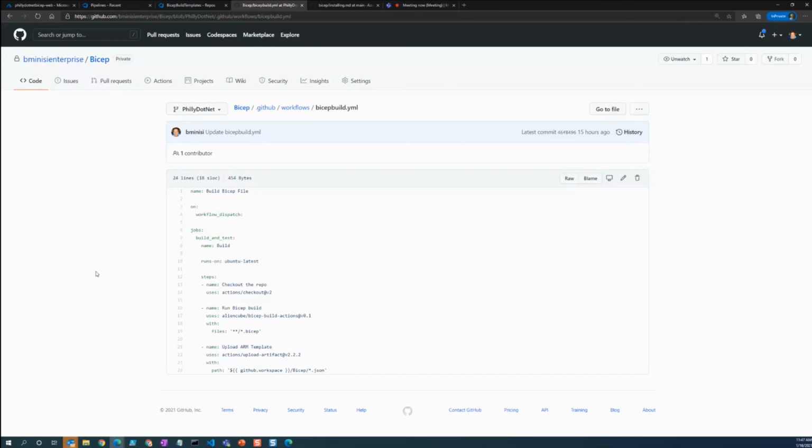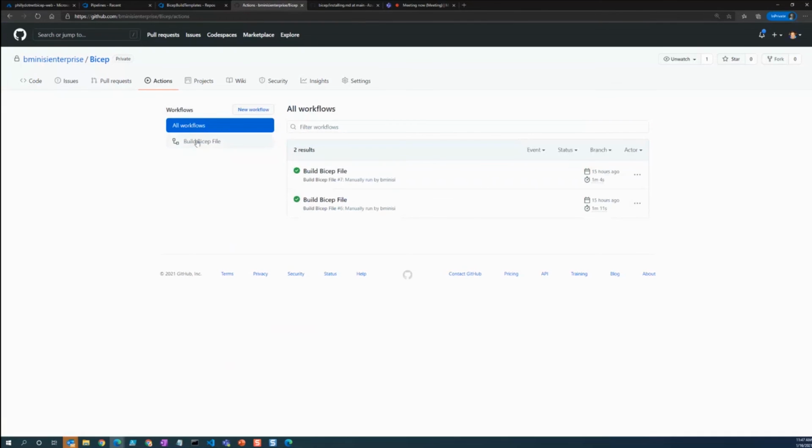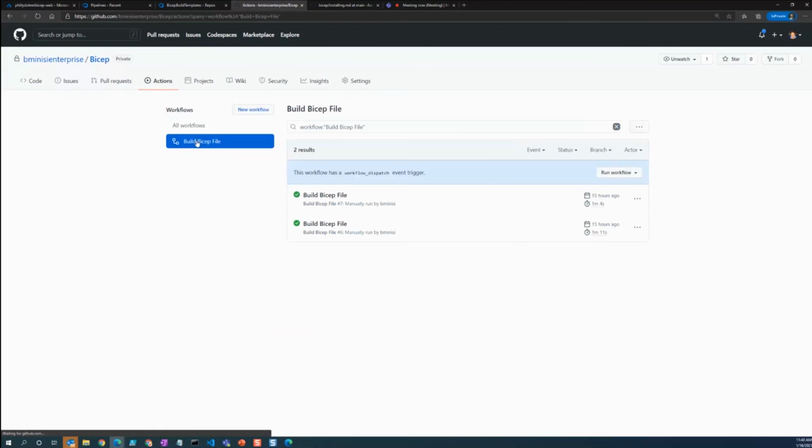All right, so let's go and launch this. In GitHub, we have an Actions section here. And this is where we have our actions. So all of our workflows would be listed here. And since we told it to be a manual trigger using workflow dispatch, we have this run workflow button here.